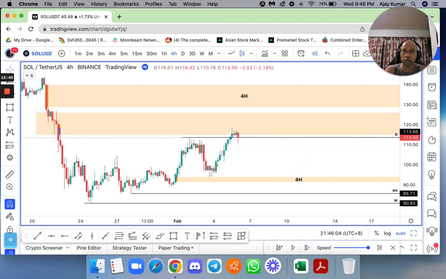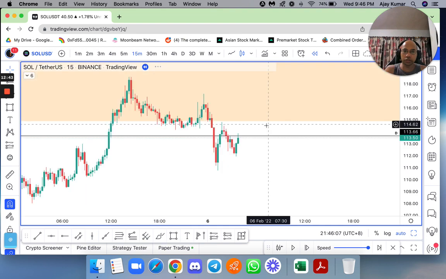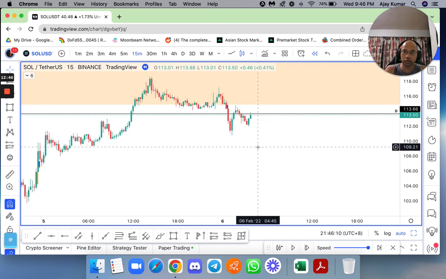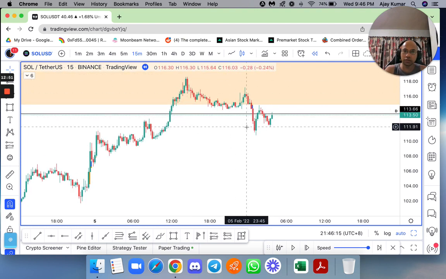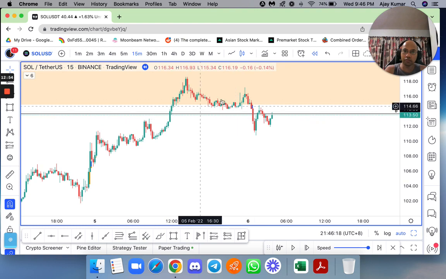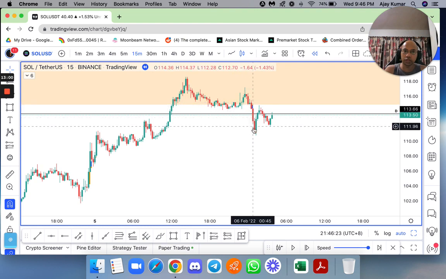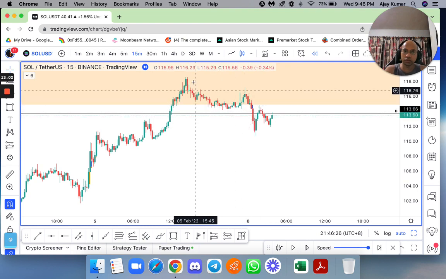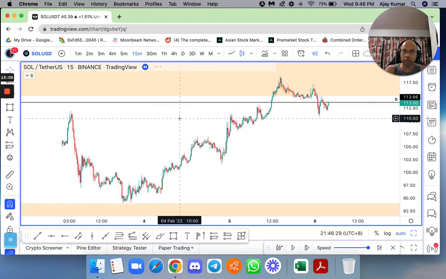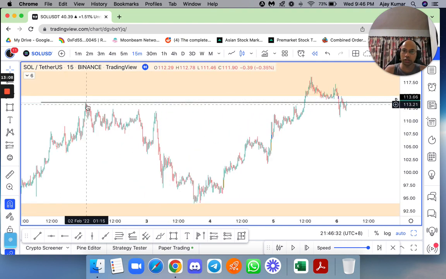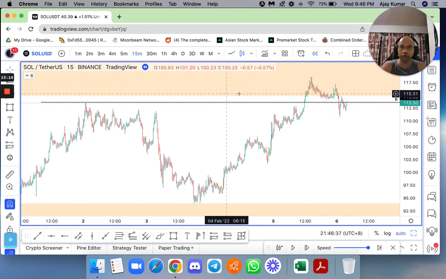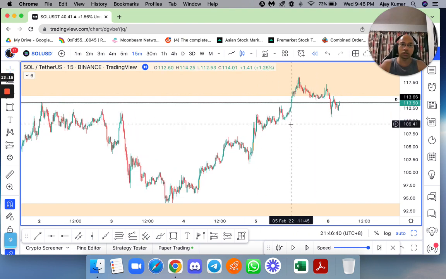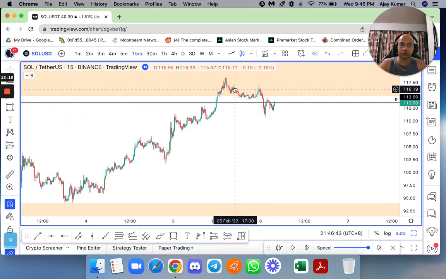Hmm. Okay, let's see what's happening on the 15-minute chart. Can I take entry? Let's see what happened here. It went above, then. I mean, this whole thing is higher than this. The whole purpose of this is to take out the liquidity, right? And after that, it slowly dropped,